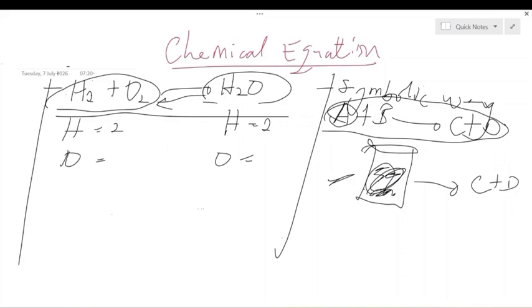Oxygen, now let's come to oxygen. We have 2 oxygen on this side, which is O2. And on this other side, how many oxygen do we have here? Only 1 oxygen. You can see that 2 and 1 are not the same. That brings us to the law of conservation of mass or atoms. Atoms are not created or destroyed in a chemical reaction. It means that if you have 2 atoms of oxygen here, you should have 2 here,